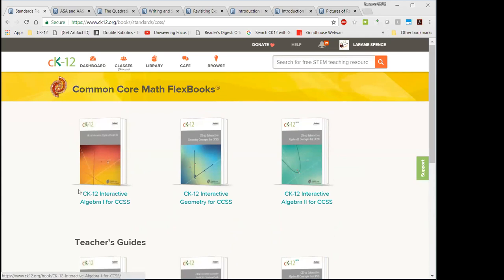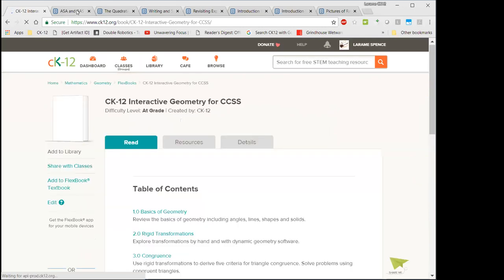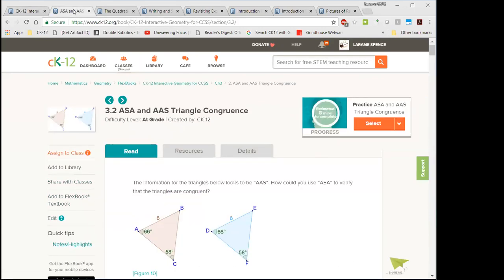But first, I want to give you some examples of the kind of information that's available in the student versions or the active versions of these books. I'm going to start actually with the geometry book, and I have a few lessons that I've already opened up here. This book was based on our geometry honors book,